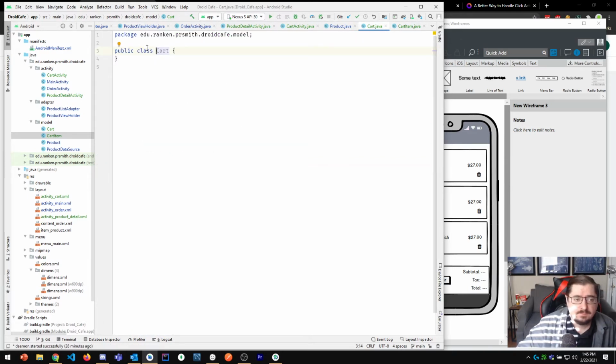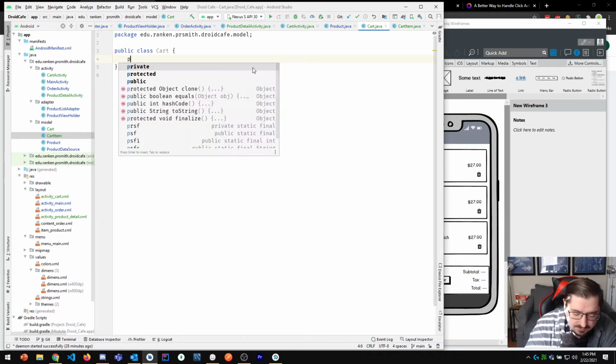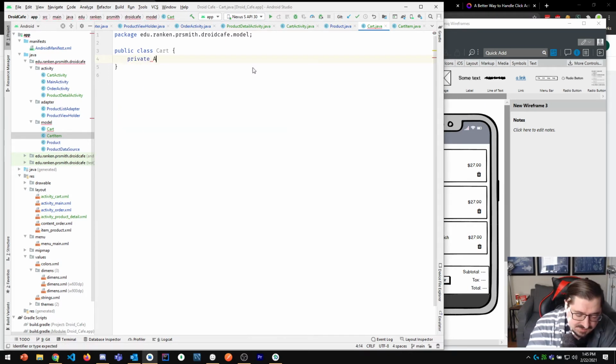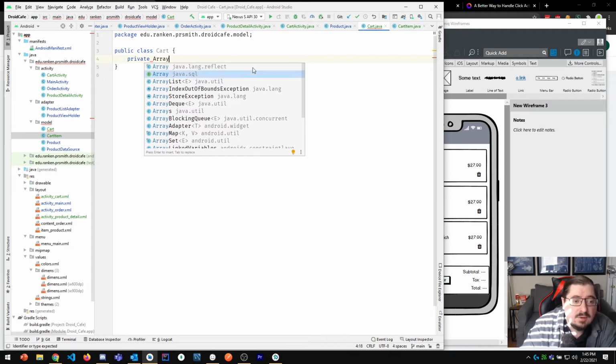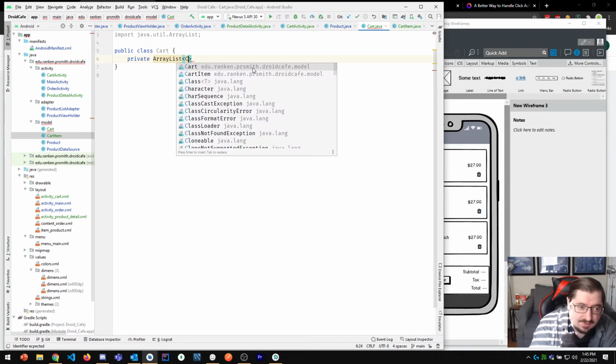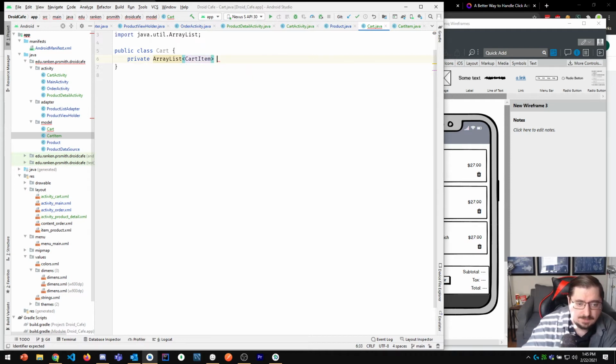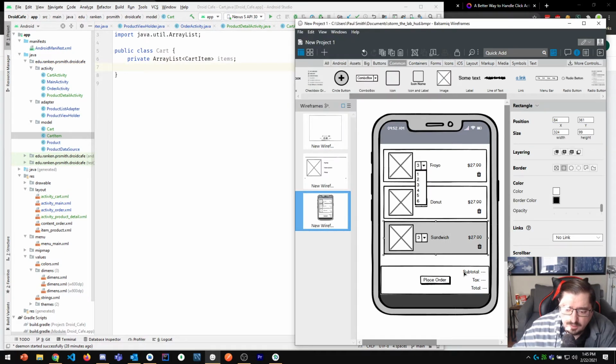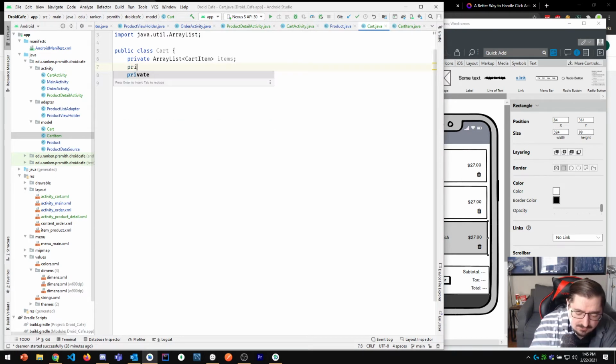So I'm going to go into the next thing. Going back to the cart, kind of thinking about what I need in the cart. I know I want a list of items. So this would be array list cart item. This is my items. I also notice I need the individual values down here. So I might say private float